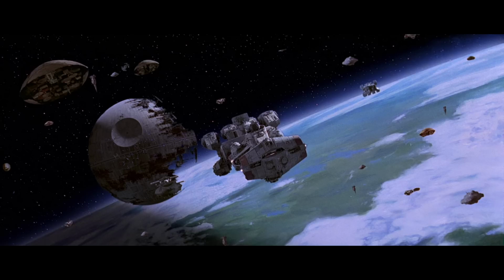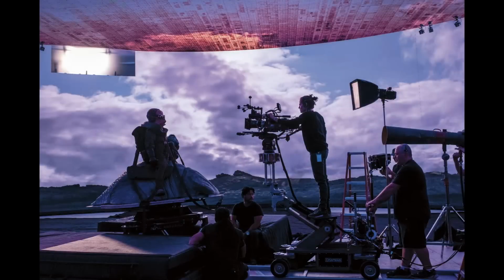Why I still think, though I might be a bit biased considering it's my favorite film of all time, that the battle over Endor, the space battle over Endor, is the best looking space battle I've ever seen in a movie. Problem is, with practical effects, large sets, and being on location, is that it's usually much cheaper to just do as much as you can digitally,